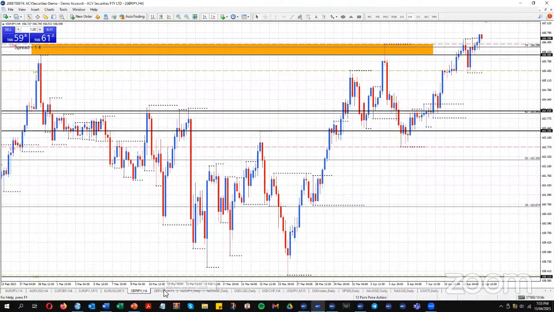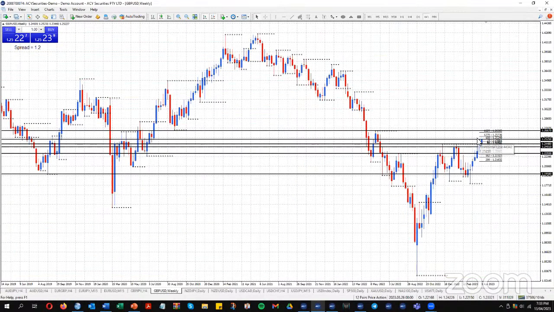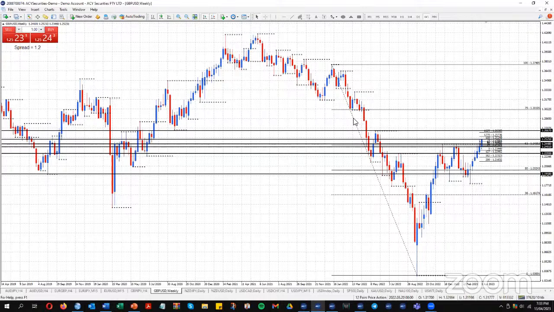All right. Pound dollar heading up still. It's getting up towards the top that it formed last week. And I just want to know where... Just want to monitor the range of last year, which is there. All right. 79% miles away at the moment, but I know the 62% was where that double top was. So that's the main reference point at the moment.